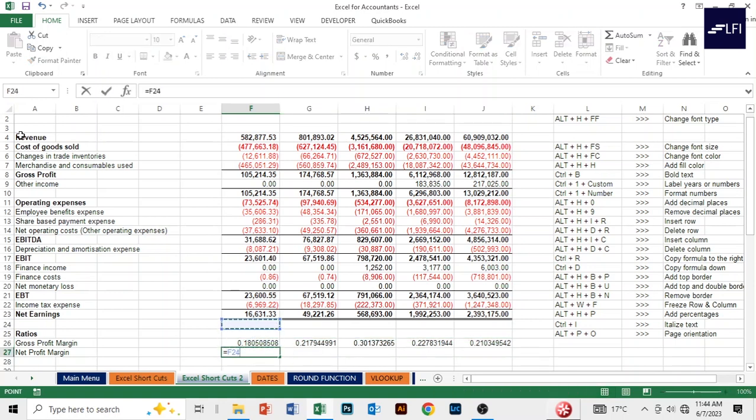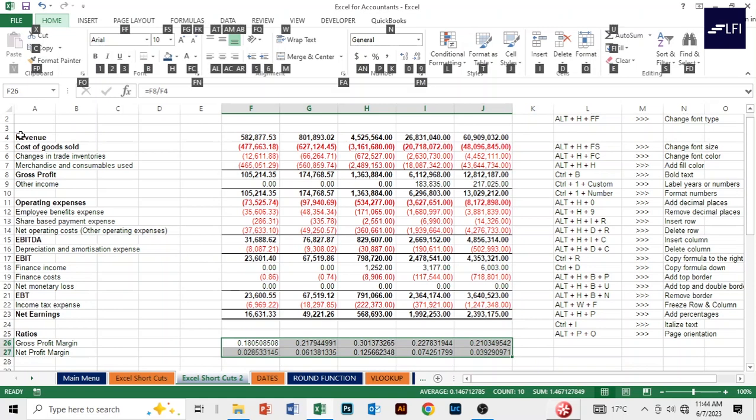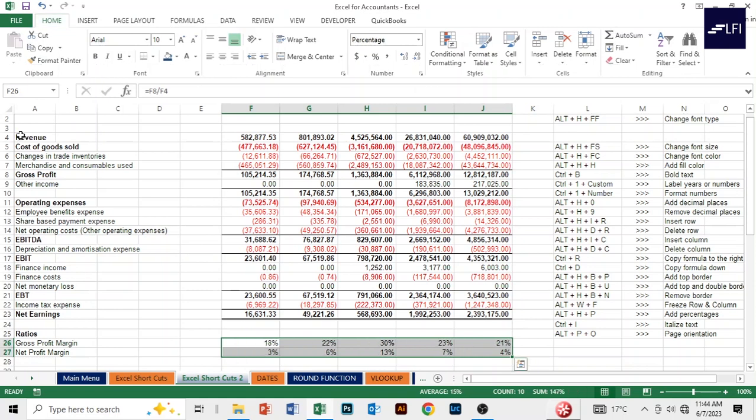And let's just do the same for net earnings. We divide net earnings by revenue, that is also called net profit, and then we copy that to the right. So here let's just hold on Shift Control downward arrow and press the right arrow, and then on your keyboard press Alt H P, and to add decimal places on these percentages you can press Alt H 0,